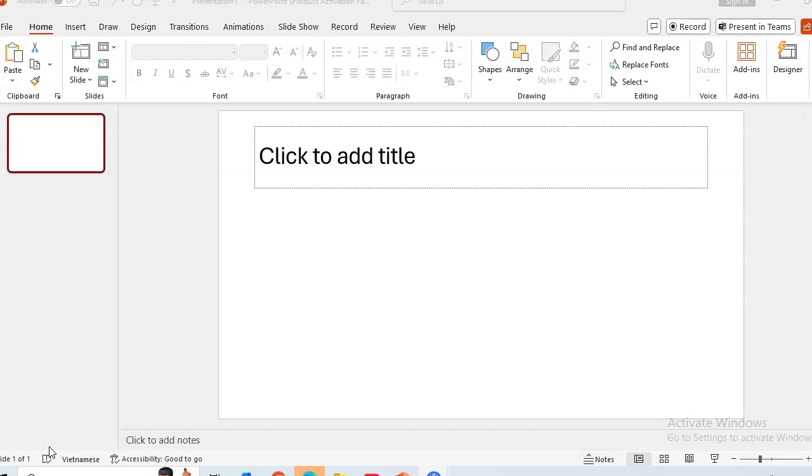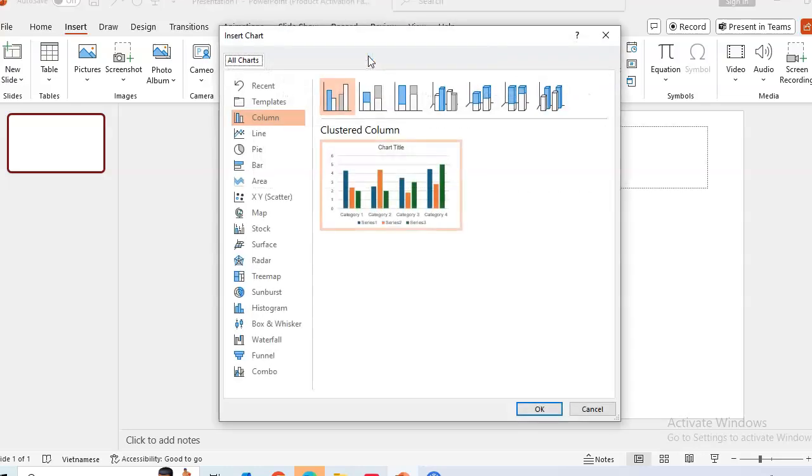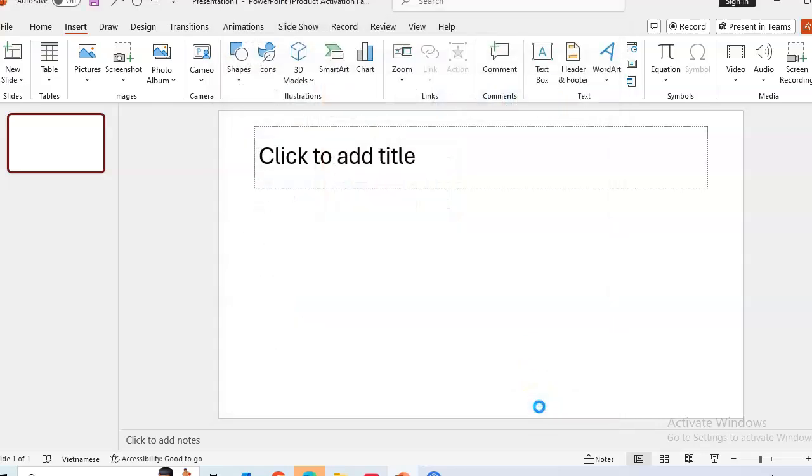Okay, how to create a column chart in PowerPoint. When you are in your project, just click Insert. After that, click on Chart, and then you see here column chart. Just click OK,